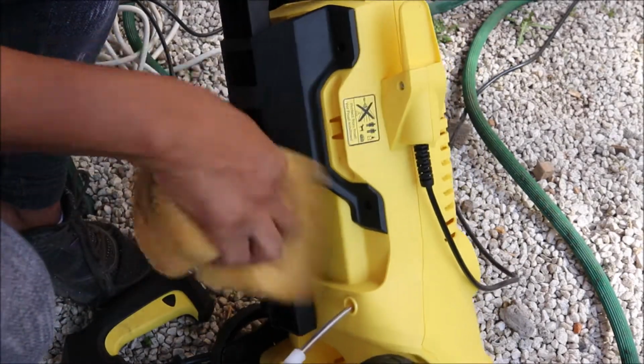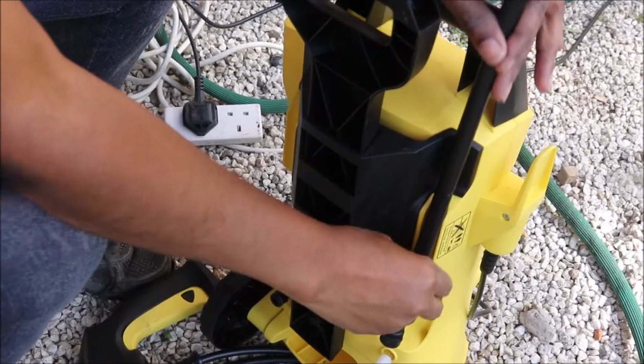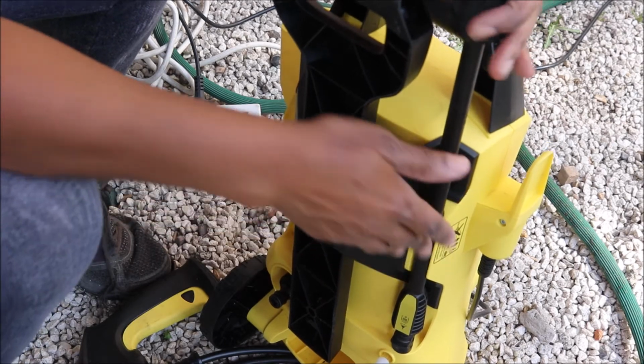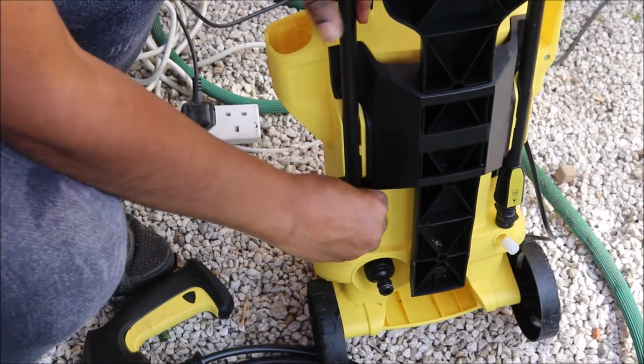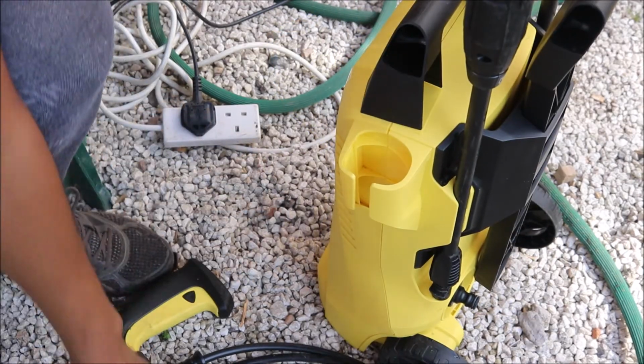Give it a good clean. Install all your lances in their position and the trigger gun. Wrap all the cables around. Then you can store it in a